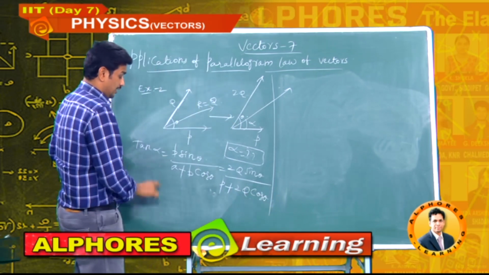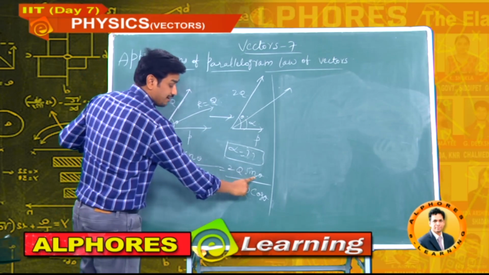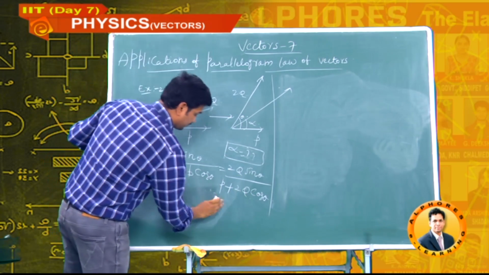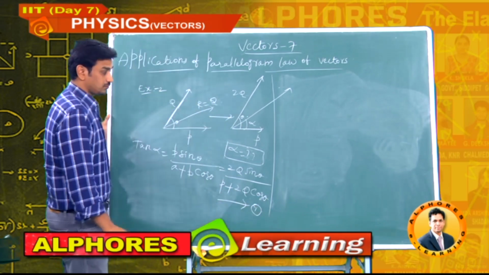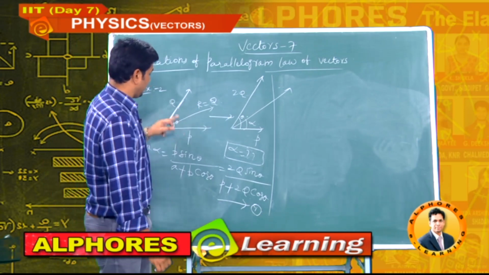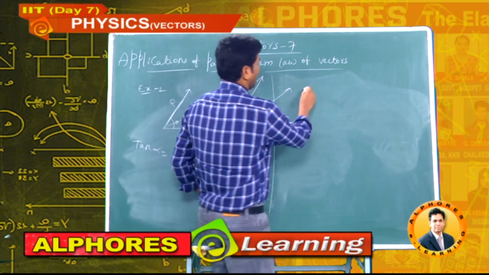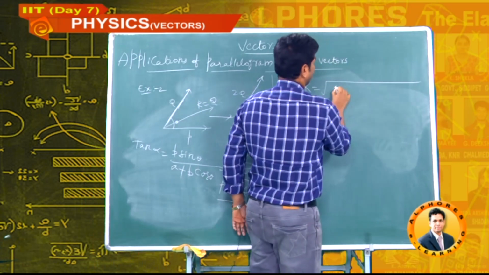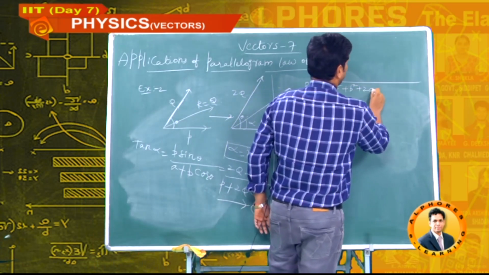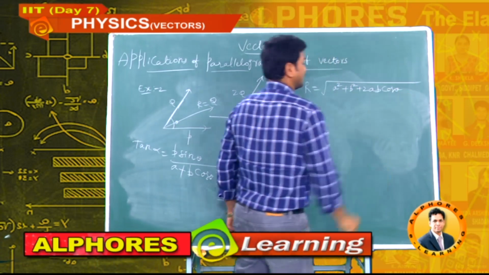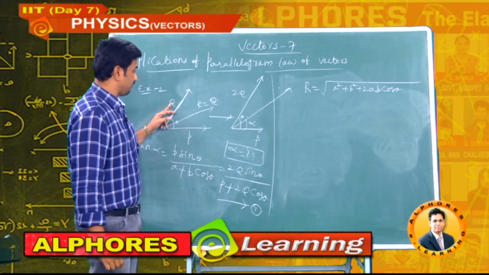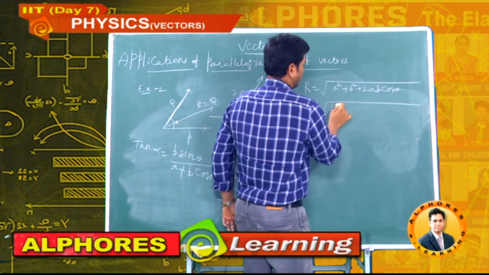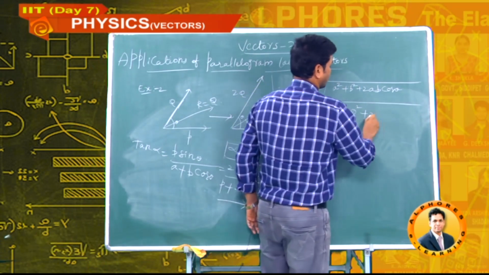Now how can I get alpha? Here I don't know the theta value, so I will use the first condition. Let me treat this as the first equation. Now use this condition: the resultant of P and Q is Q. The resultant magnitude is root of A square plus B square plus 2AB cos theta, with A value P, B value Q. Now the resultant is already Q, so under root P square plus Q square plus 2PQ cos theta.